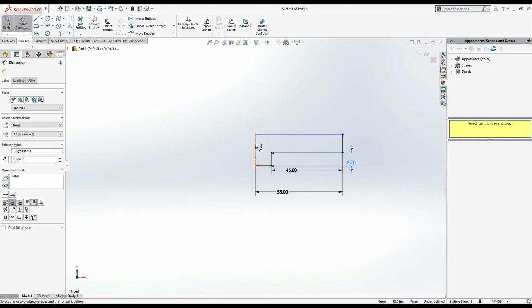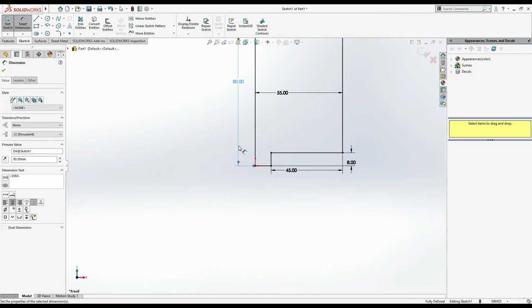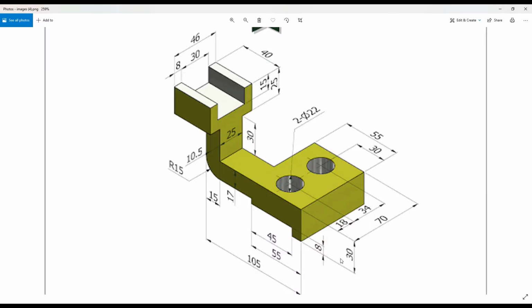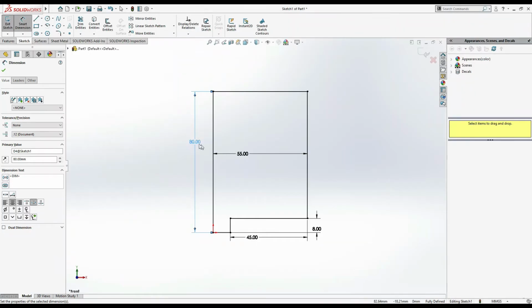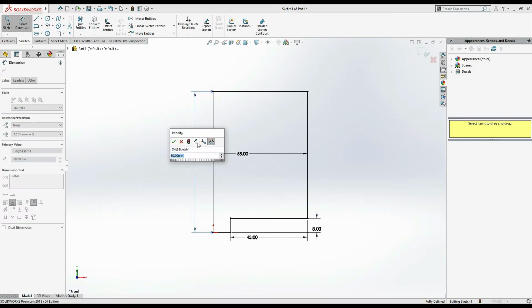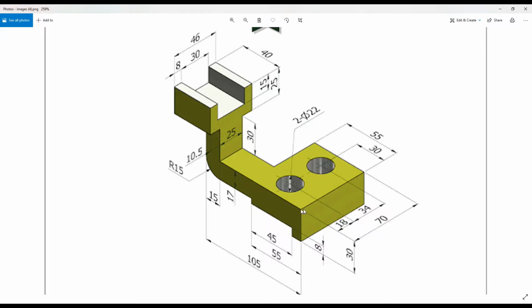Total height means this height is 80. 30, sorry, 80 not 30. This is 30. Okay, now you can see I have drawn this sketch and I am going to extrude it